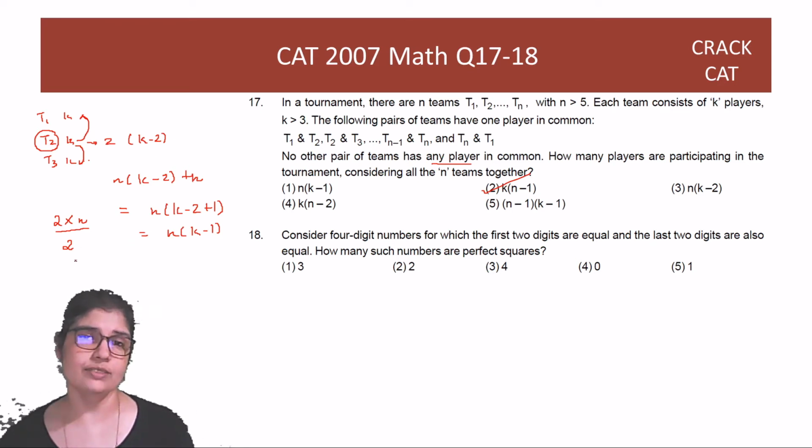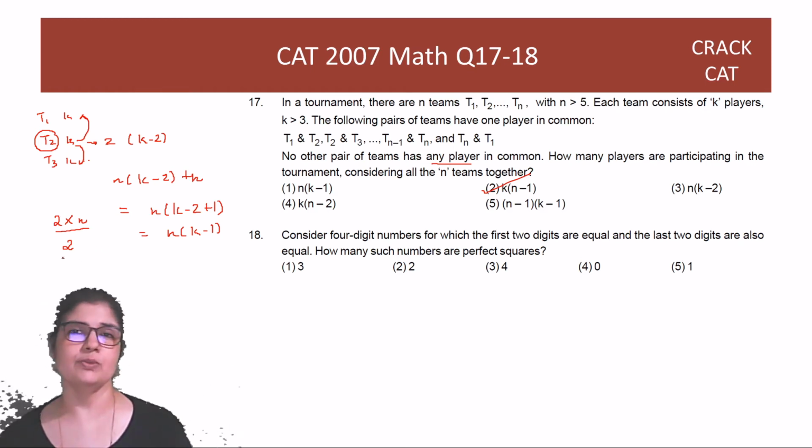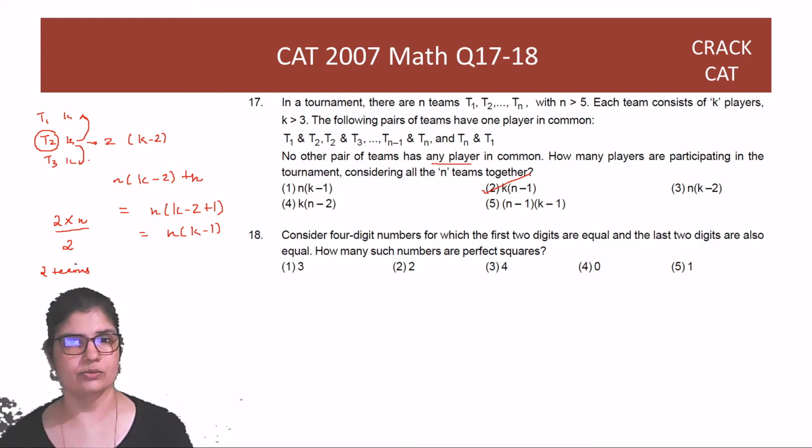If you do this with numbers, how will you do this? So with numbers, maybe you can start off with two teams. तो पहले तो अगर आप numbers डाल रहे हो, तो k और n को अलग अलग रखो. Otherwise, n into K-1 will be the same as k into n-1, right? Two teams है, हर team में 3 players हैं.